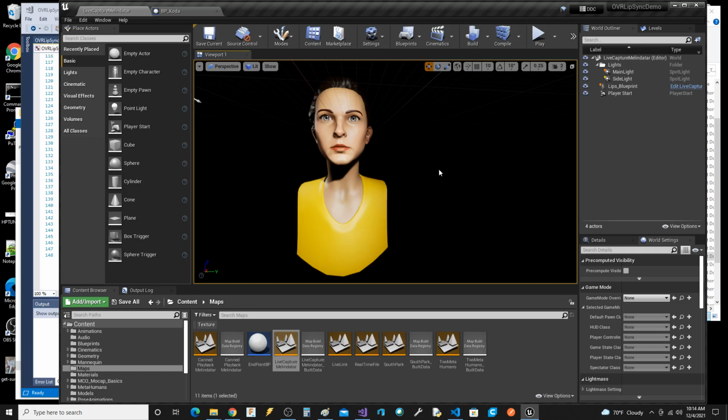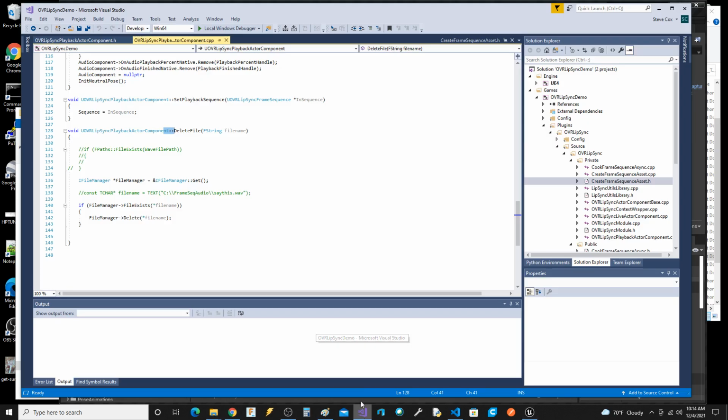But I wasn't getting any audio. I was just learning this stuff, so I didn't know how it works. But back to the bug. And this is, okay, live capture, sync live capture.